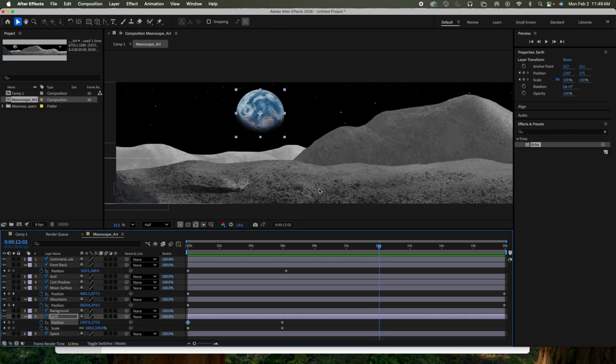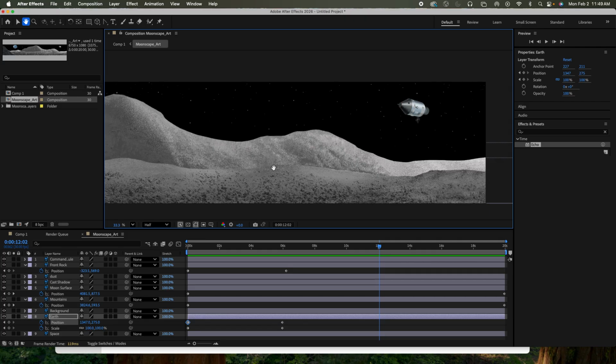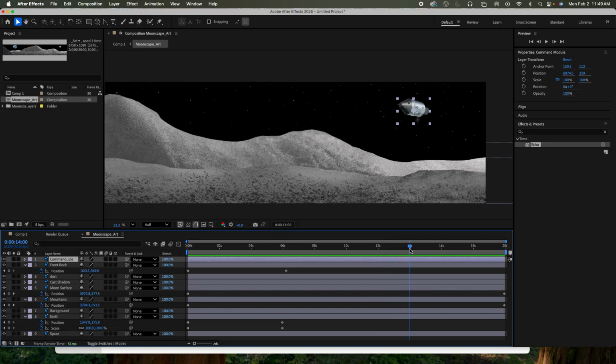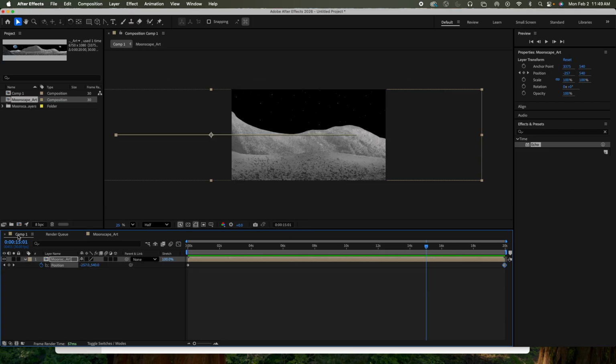out here if we need to, but I'm just going to use my space bar for my grabber hand and drag us all the way over here to this module. We're looking at this command module, which is layer 1, okay? Now, I would like for this to appear somewhere, and let's just drag our timeline indicator over to, let's say, between 14 and 16 seconds, and go back to comp 1, and